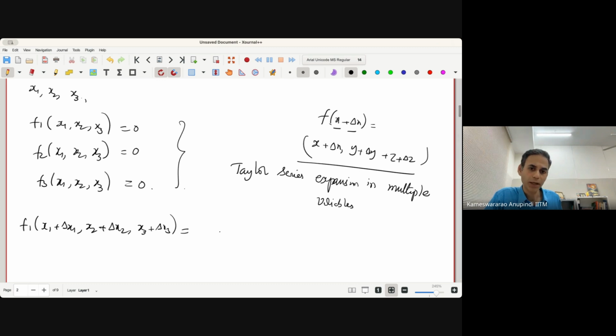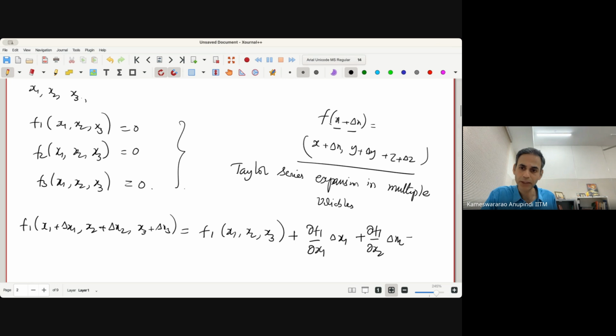That means we are writing this as f1 of x1, x2, x3, which is basically my f of x, plus partial f1 by partial x1 times delta x1, that is for the first variable. Then we have partial f1 by partial x2 times delta x2 plus partial f1 by partial x3 times delta x3 plus,